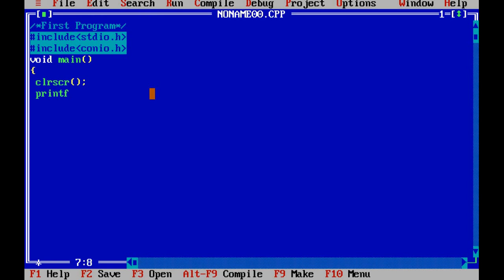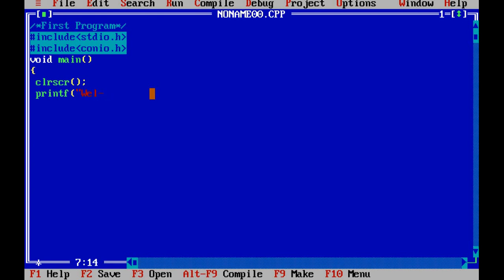So just write printf in all small case letters, press shift and this symbol key on the keyboard, then give double quotation marks and write any information.